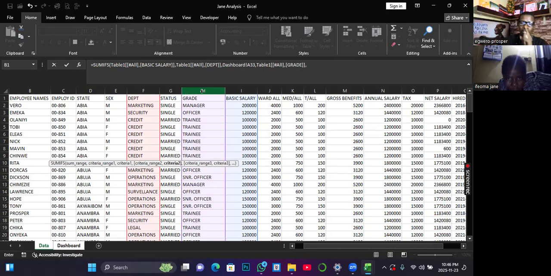I'll put a comma. Then okay, I thought that the one with equals to manager is criteria 3, like supposed to be the last one? No, it's 2 criteria. The basic salary is not a criteria. It's the value that you are summarizing based on the 2 criteria. Okay. So now, once you have selected the grade,